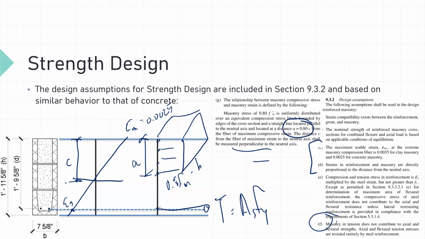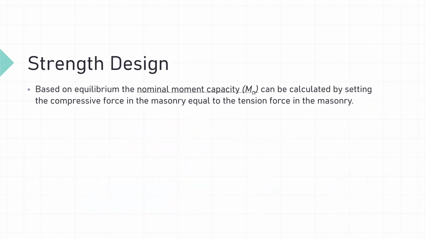If we were designing unreinforced masonry, then we would neglect the tension resistance of our steel and only rely on the masonry. But in reinforced masonry, we neglect any contribution from our masonry and rely solely on the reinforcement. So that's in there as well. And based on equilibrium, which again is in section 9.3.2, we can determine our nominal moment capacity by setting our compressive force in our masonry equal to the tension force,